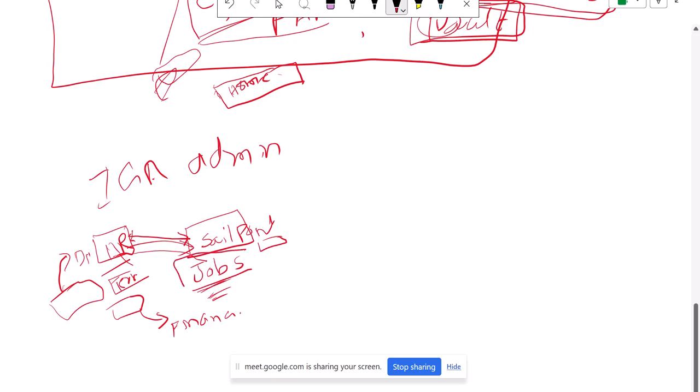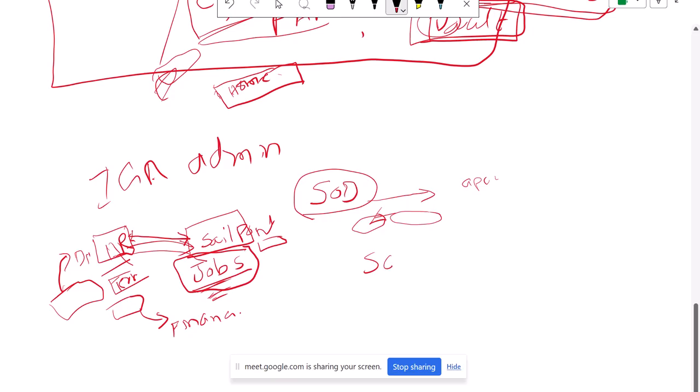So you will configure these jobs, and then you will configure something called SOD, segregation of duties. SOD means, let's say you are the timesheet submitter, you are submitting a timesheet, and you should not be the approver for that. The approver should be a different person. This is a segregation of duty. So if there is some violation, let's say you are submitting a timesheet and you are also the approver for your timesheet, if that misconfiguration is done,